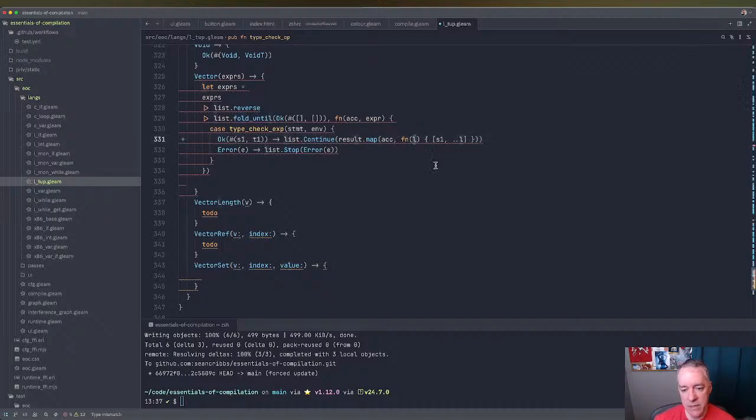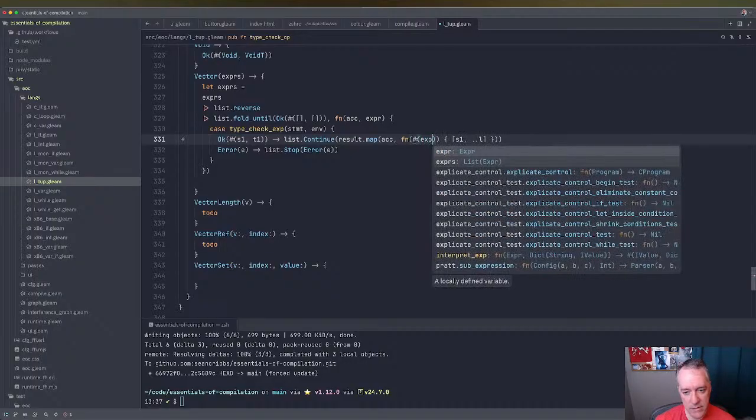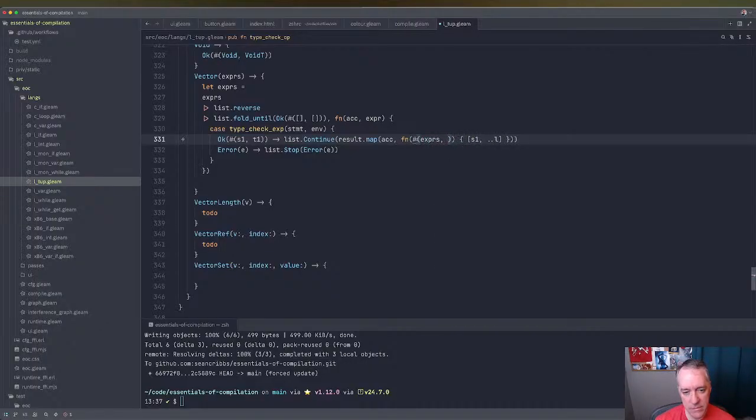So we know that this is a tuple, and we're going to say, can I pattern match on that? Let's say exprs, types, and we will say